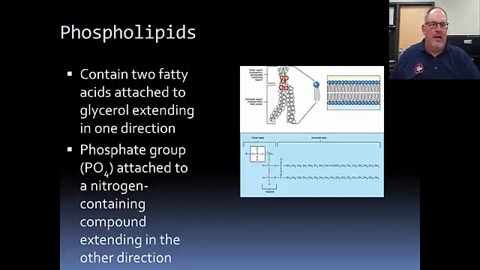This means that one part of a phospholipid has a neutral charge, meaning it repels water, it's hydrophobic. The other part has a charge to it, has the phosphate group, and so it's hydrophilic, water-loving. One thing you'll find with a lot of these cell membranes is that these phospholipids line up 2 by 2. They attach like this.